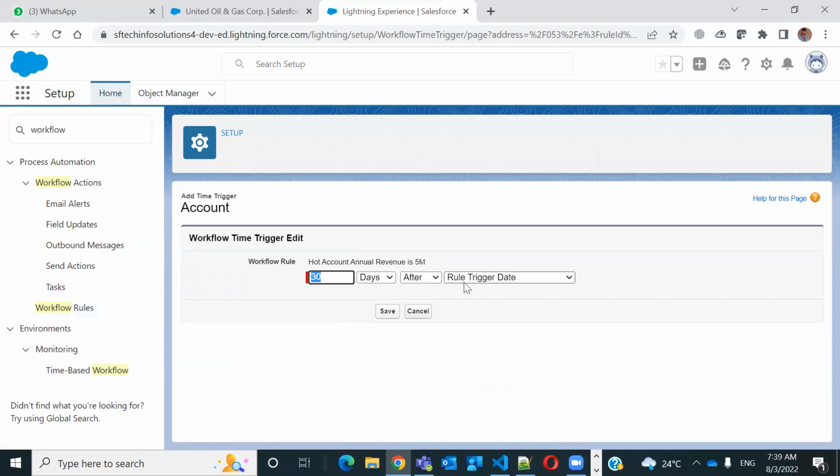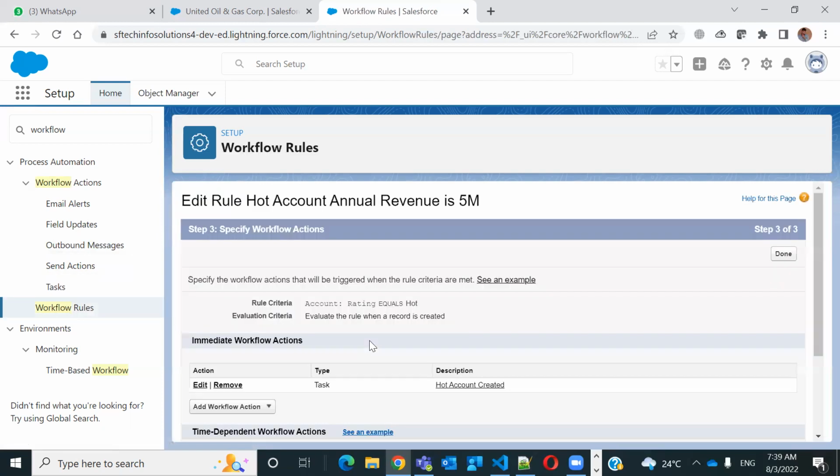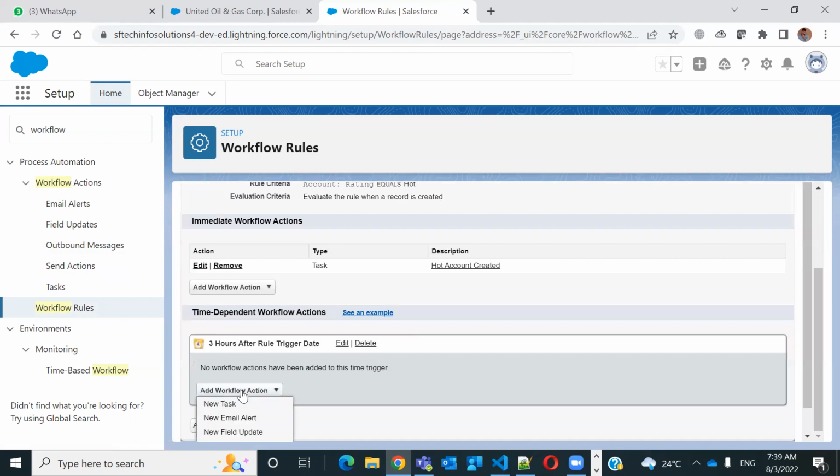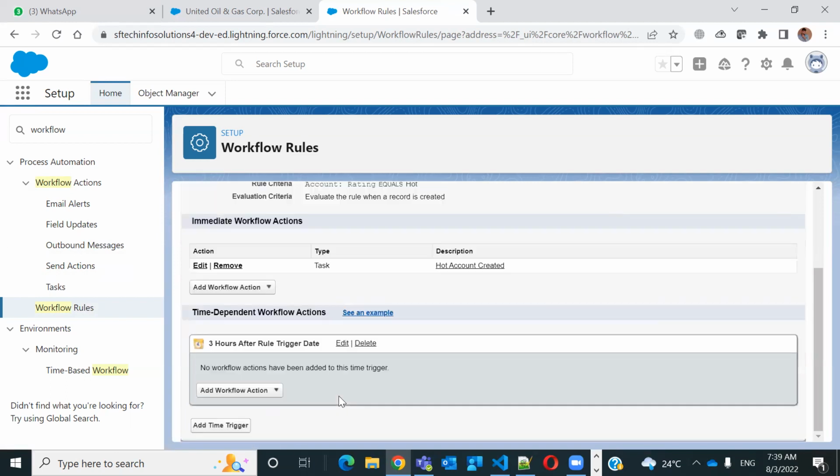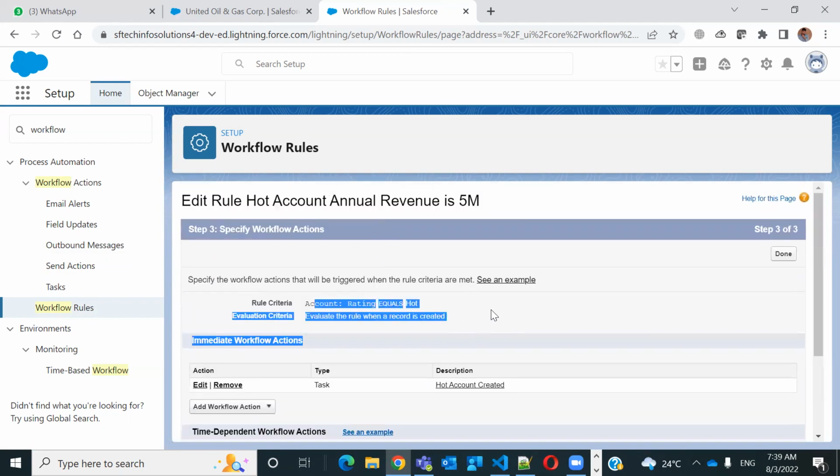When the rule triggers, from there you want to add after that, plus hours and days. For example, I have hours, and after 3 hours I want to give a time trigger. That means whatever actions you add here will be fired after 3 hours from when this rule has been met